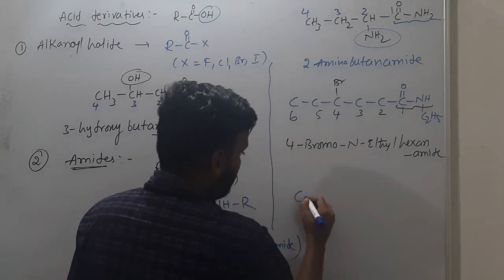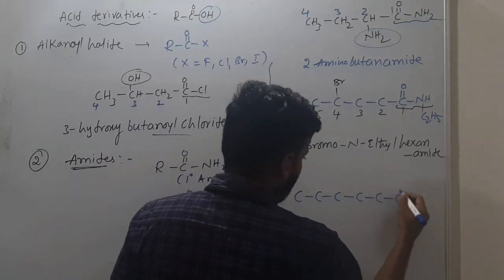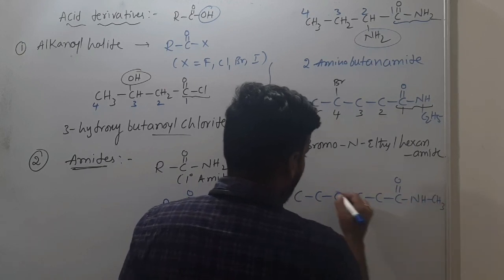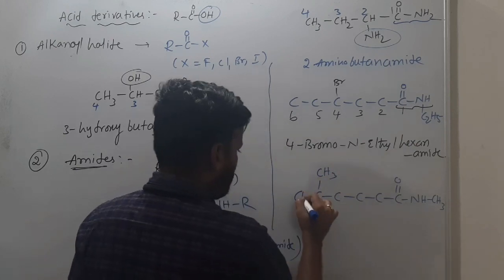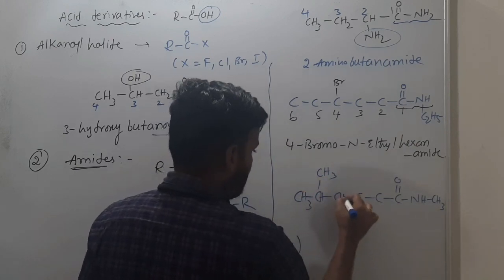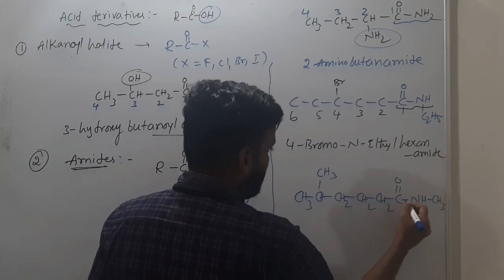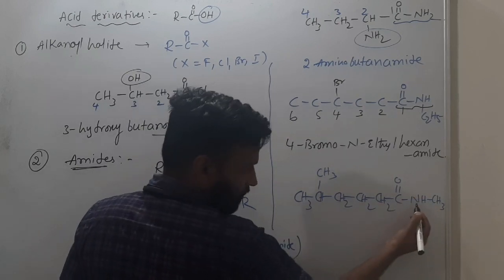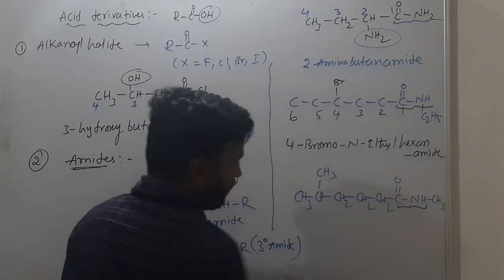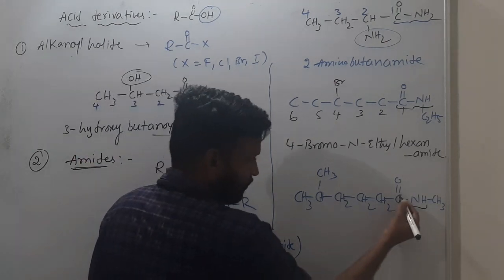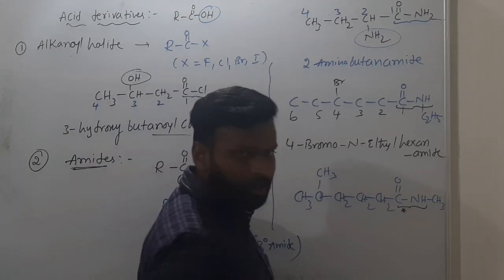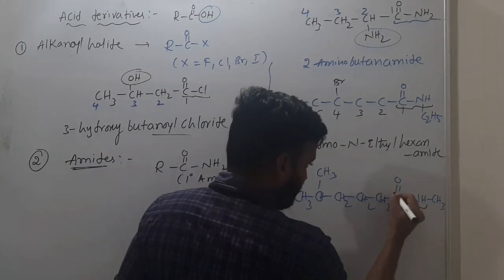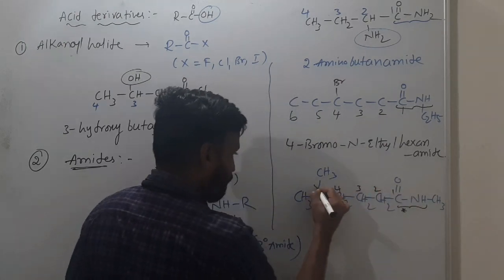So here I will give you one more. See this: carbons 1 to 6, C double bond O and NH, and here you have a methyl, and here also a methyl, then CH, CH2, CH2, CH2, that's it. Now you have this compound and they are asking for the name. Will you give the number starting from here? No. C double bond O–NH is the functional group, so this carbon has the highest priority because it is an amide. So you start numbering from here: 1, 2, 3, 4, 5, 6.